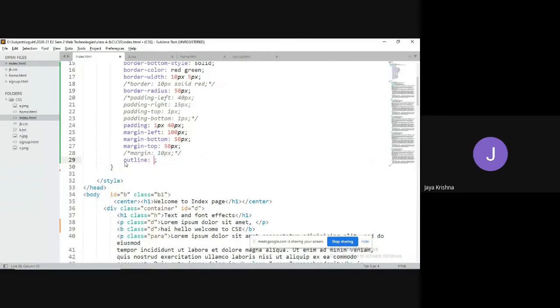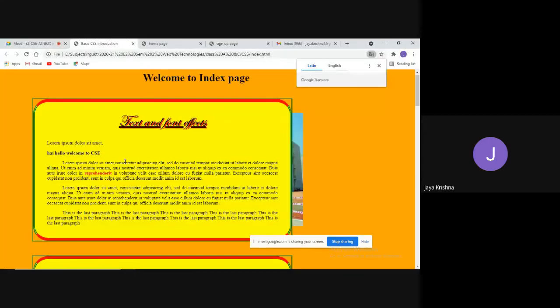The first one is the width of the outline, next the style of the outline, followed by the color of the outline. In that, it is going to define the exact amount of space which is occupied until the border.